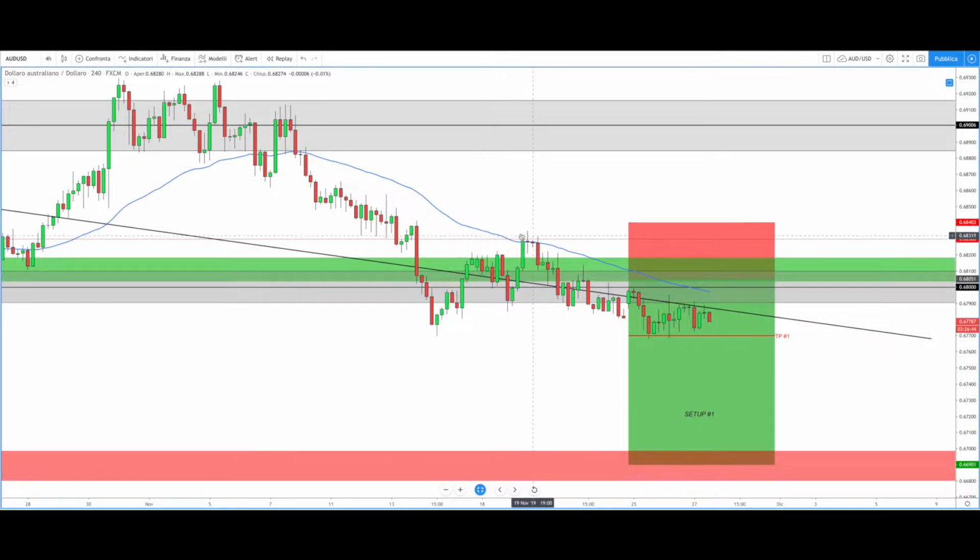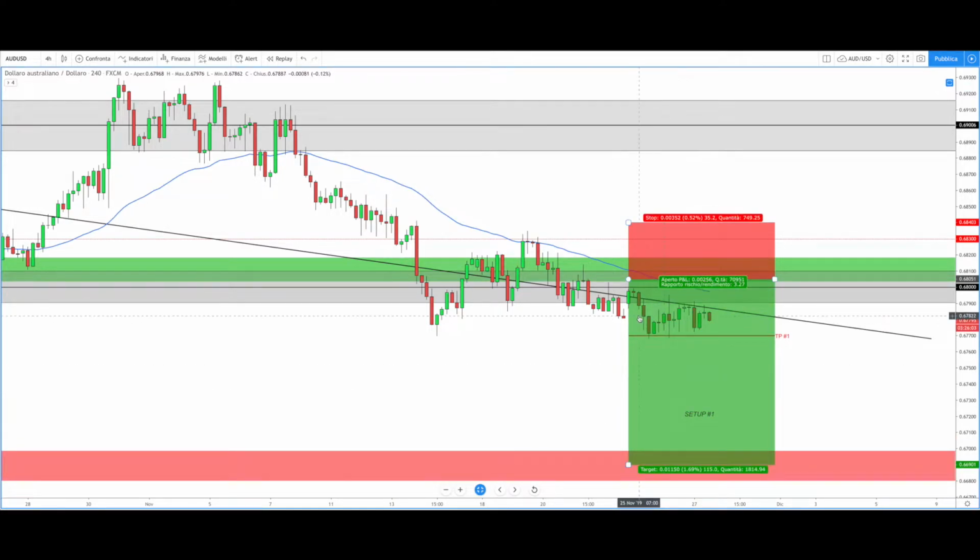0.6830, and this 50 period MA, a moving average that we use on every time frame. After this clear reaction, the price started a strong bearish movement that brought it to close the last weekly candle below this key level. And for me personally, this was a massive bearish signal, and for this week I expect a new bearish movement to reach the annual lows around